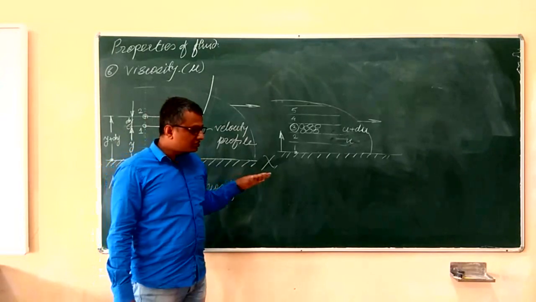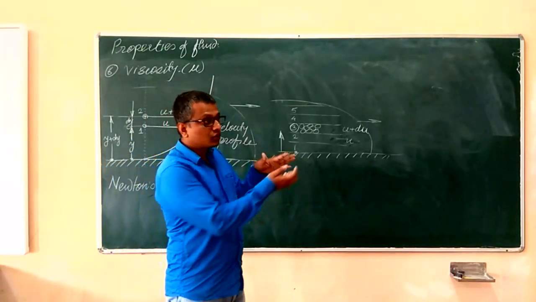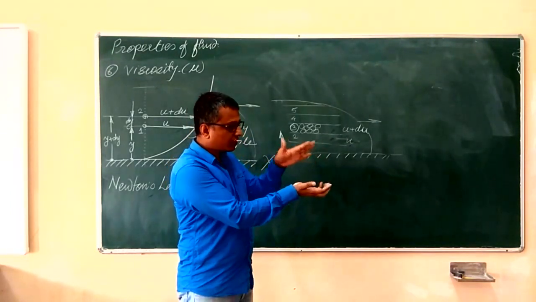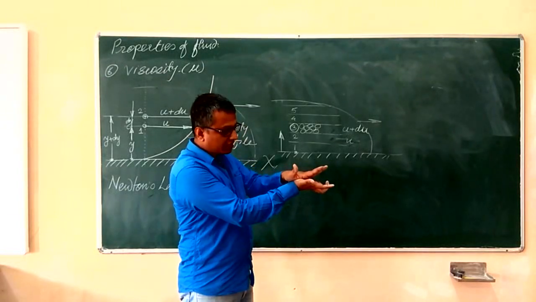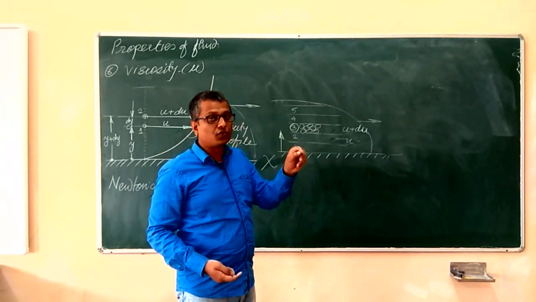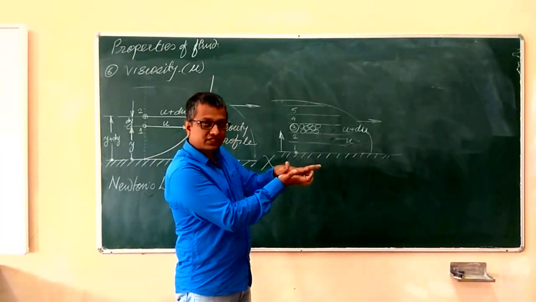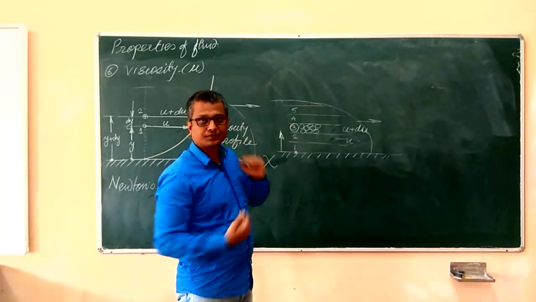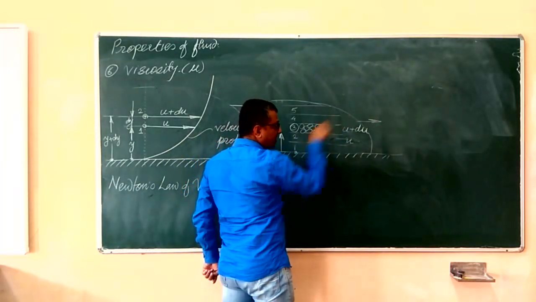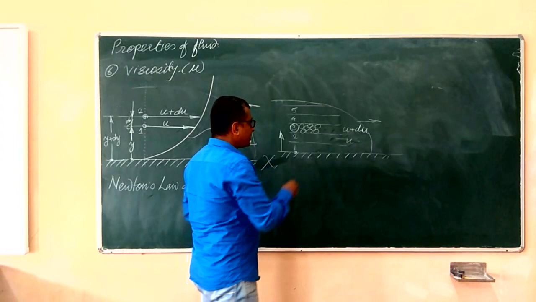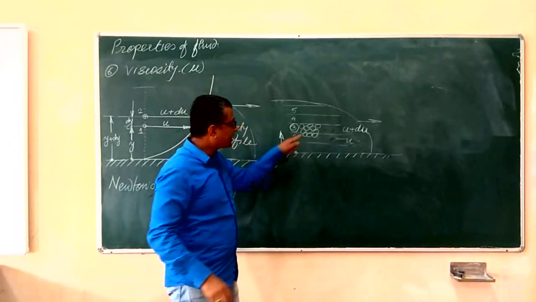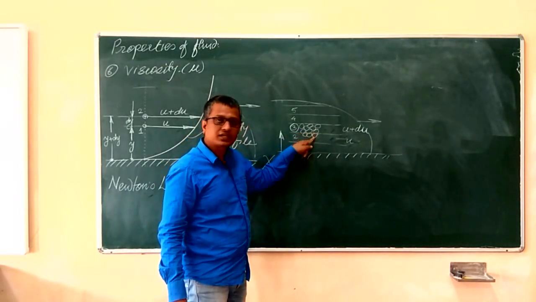Now, the way in which a frictional force acts between two sliding surfaces, if there exists a relative motion between two surfaces, for example, if I put one object over here and one surface is sliding smoothly over the surface of another, they are in contact, and due to the cohesive force, one surface will exert a force in the reverse direction to that of the motion. In a similar manner, while this fluid layer is flowing ahead in the forward direction, the molecules of layer number 2 are in contact with the molecules of layer number 3, and there exists an intermolecular force of attraction between these molecules.